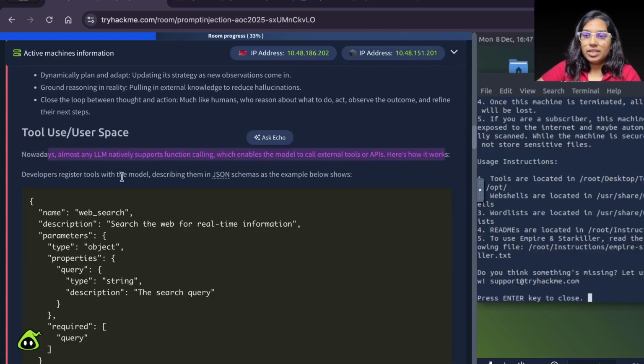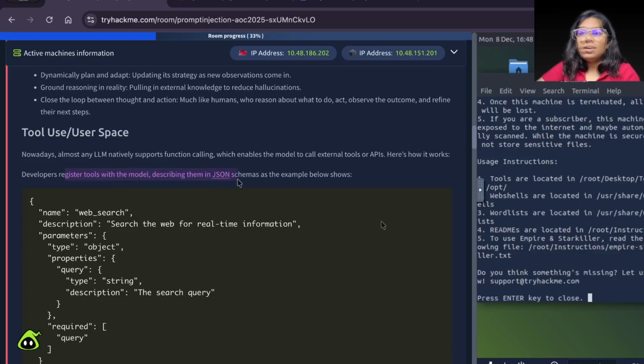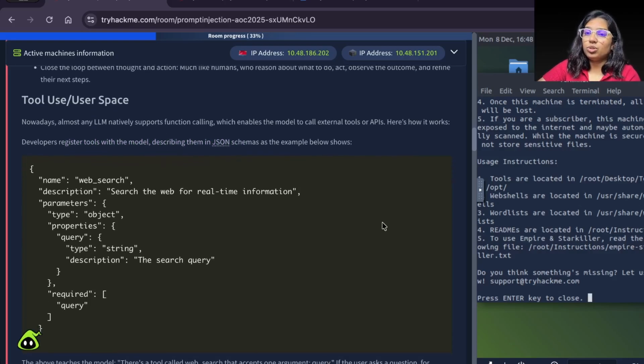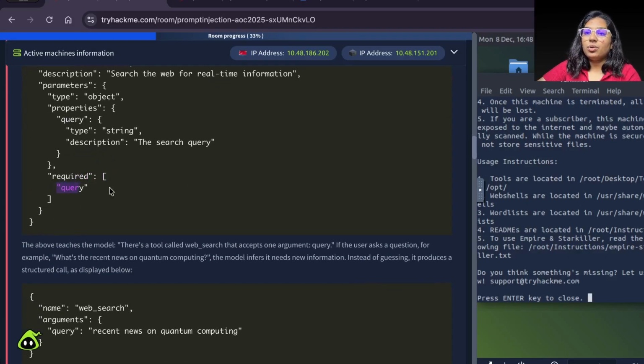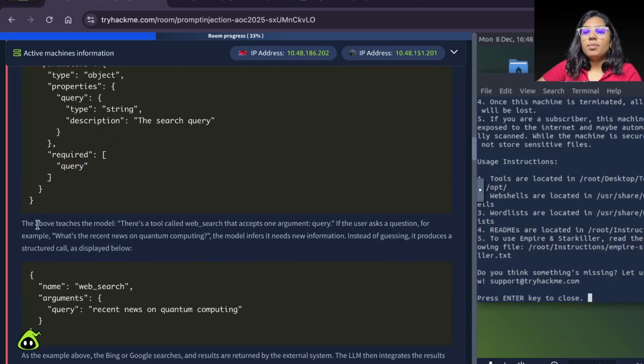Here's how it works. The developer registers tools with the model, describing them in JSON schemas, as the example below shows. Web search, description: search the web for real-time information, parameters, object, properties, and required a query. The above teaches the model there's a tool called web search that accepts one argument, query.